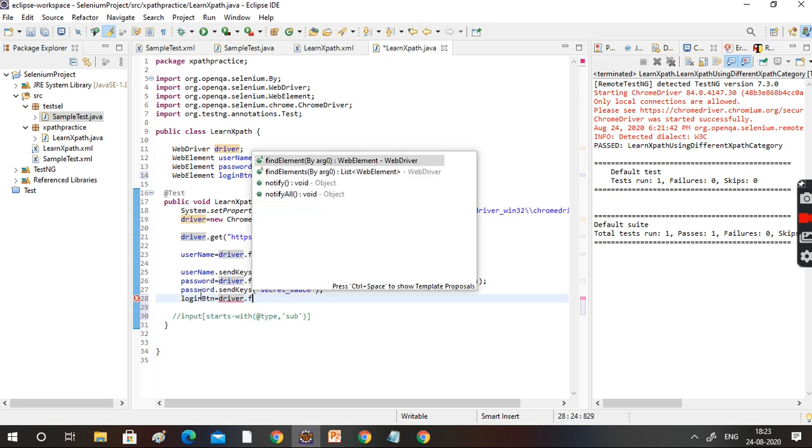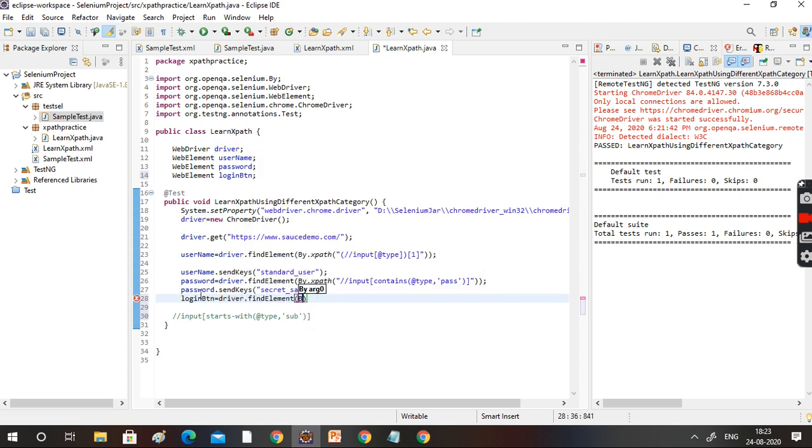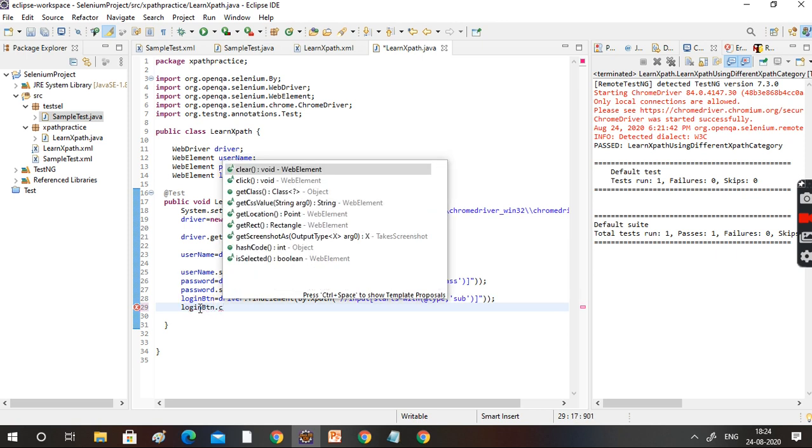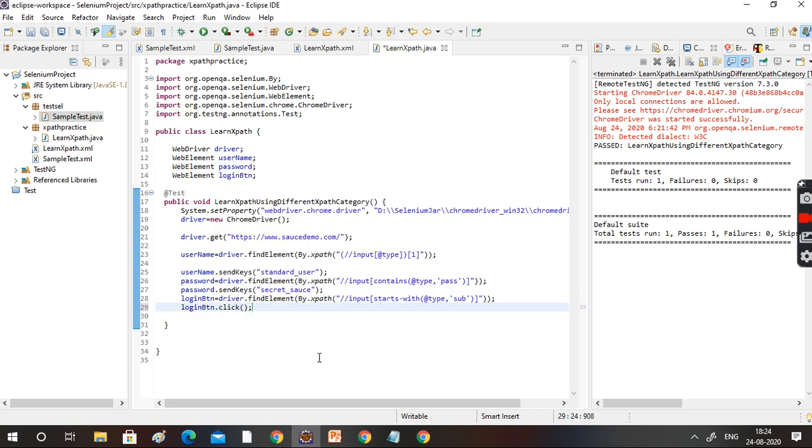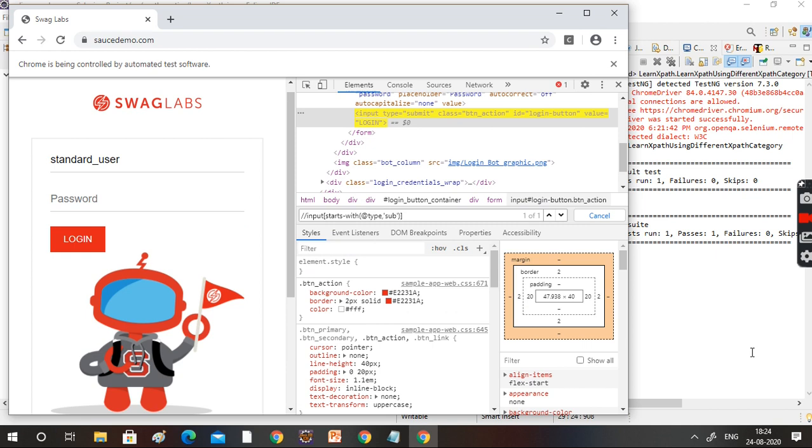So driver dot findElement by dot xpath, and this is the one right here. Okay, now the element is found by the driver. What operation do you want to do? I want to click it, so dot click. Okay, done, right? So this one is done.